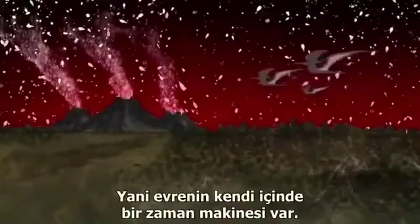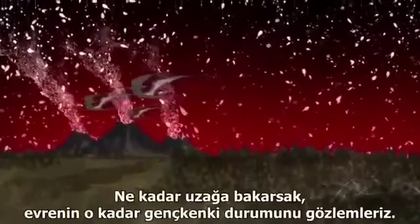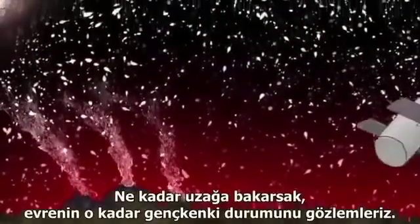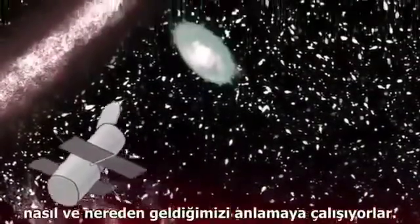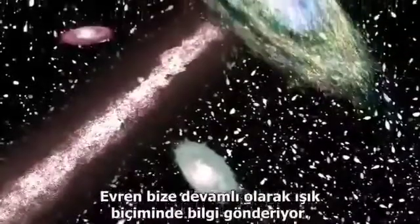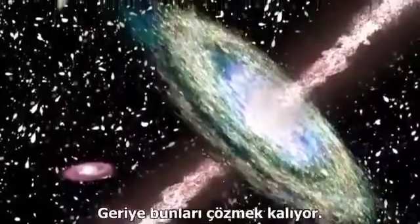So the universe itself is in some sense an inbuilt time machine. The further we can look back, the younger the universe we are probing. Astrophysicists try to read the history of the universe and understand how and where we come from. The universe is constantly sending us information in the form of light. All that remains is for us to